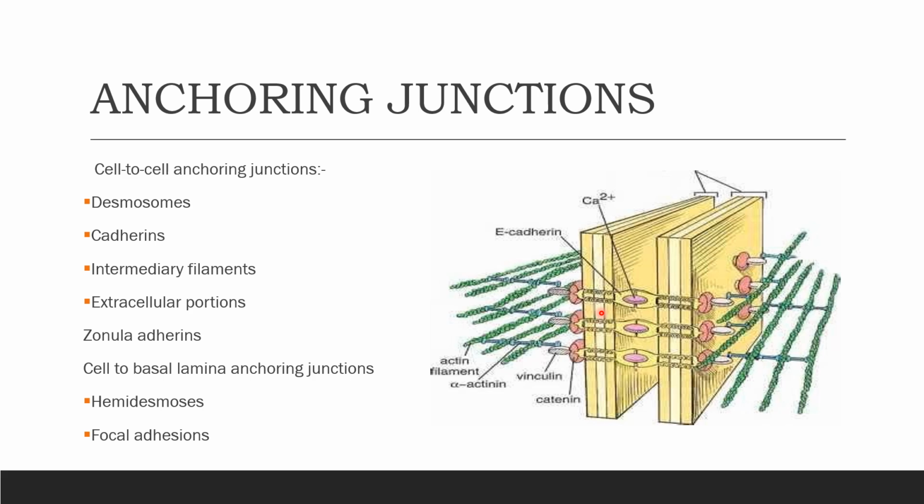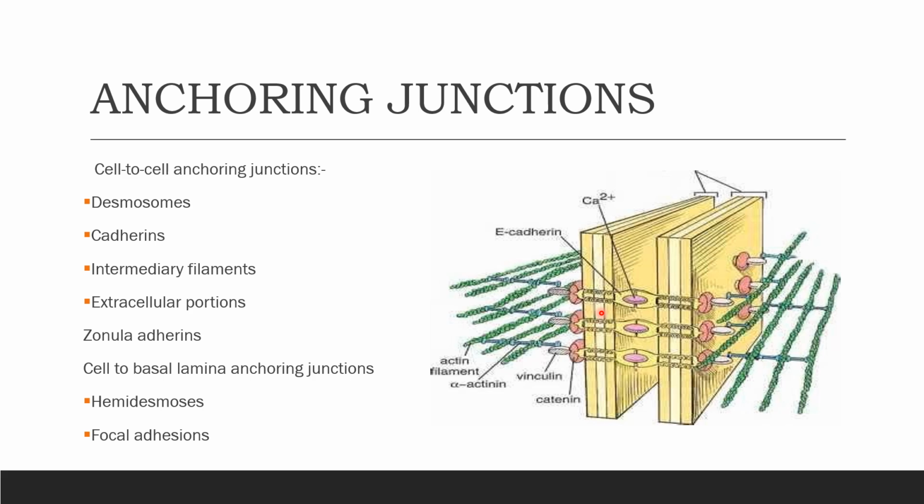When we go into the cell-to-basal lamina anchoring junctions, we have the hemidesmosomes, as I said in the previous slide. It is named so because it appears to be half of a desmosome. It consists of microfilaments that are attached to it intracellularly, and as we saw in desmosomes, we have the presence of cadherins. Unlike this, hemidesmosomes, instead of cadherins, have the presence of